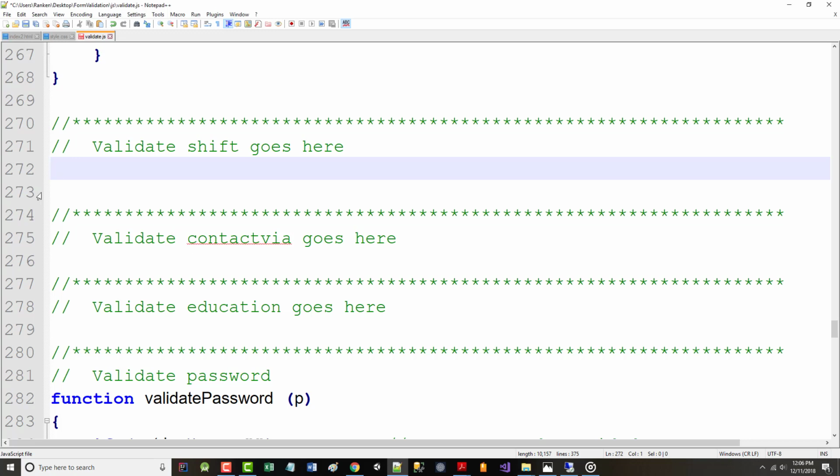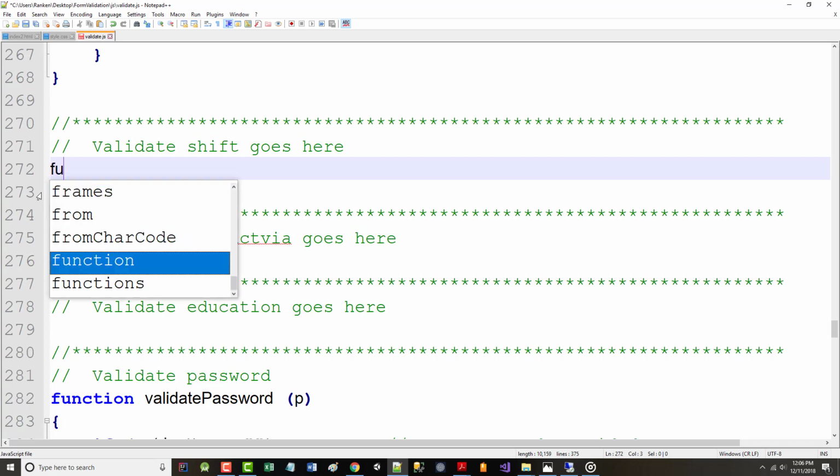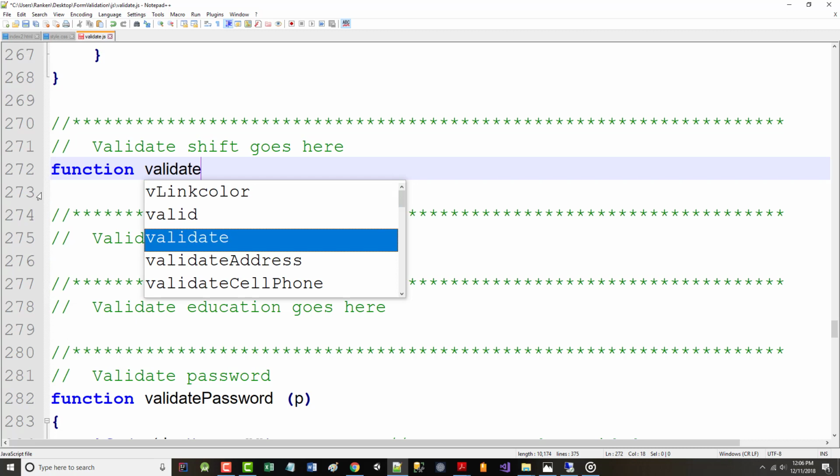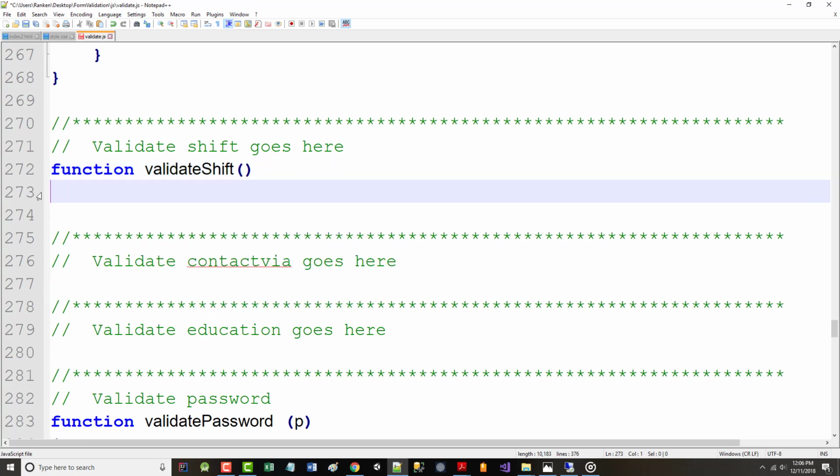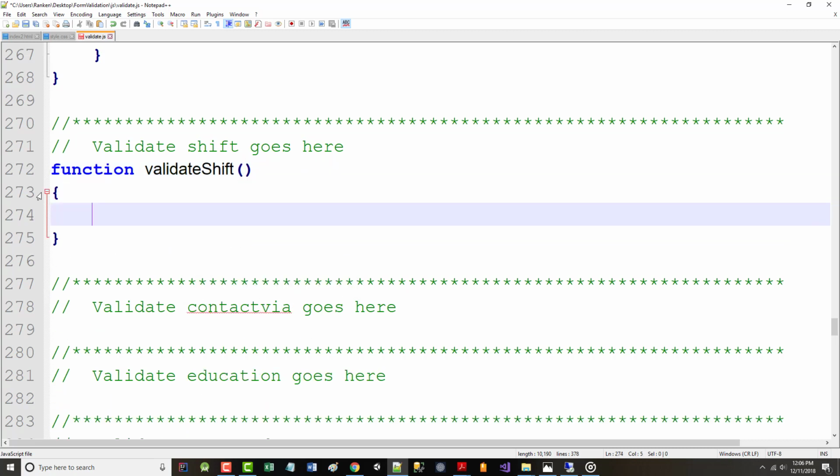I've been going through a series of video presentations on validating an HTML5 form using JavaScript. And I've been going through this example that I have done personally for a mythical gym. A couple of the fields are different, I realize that, but I'm up to my validate shift. And a bunch of this, I'm not going to even lie to you, I took it off the internet. All right, so